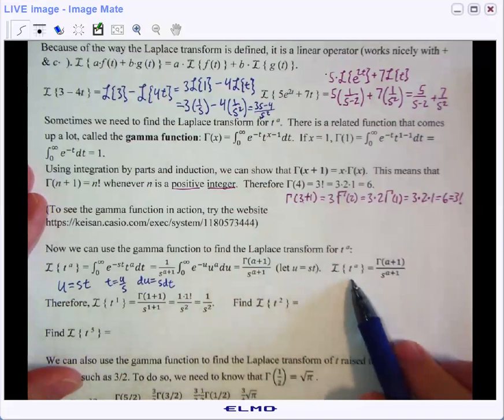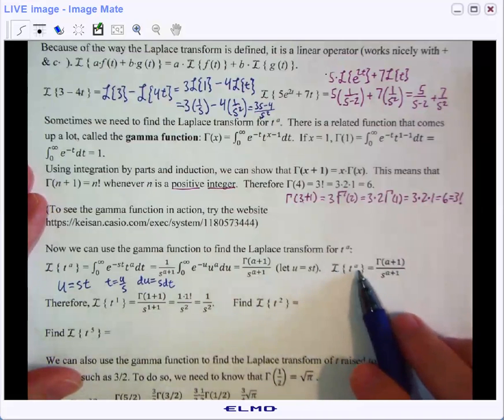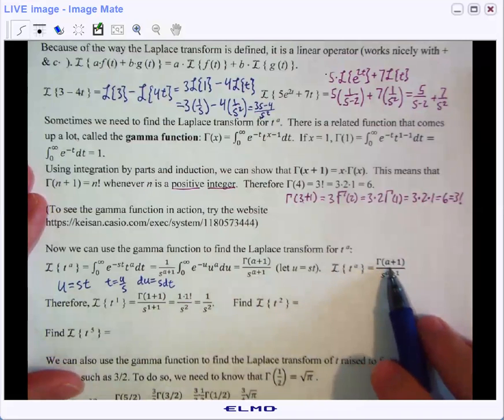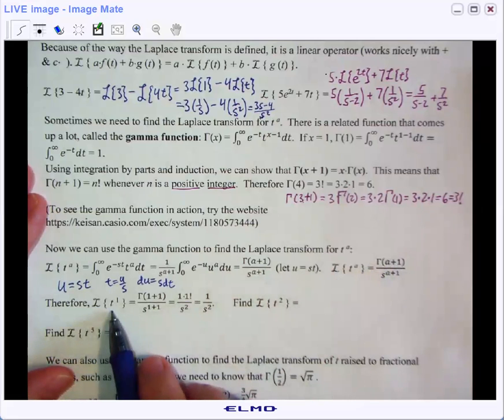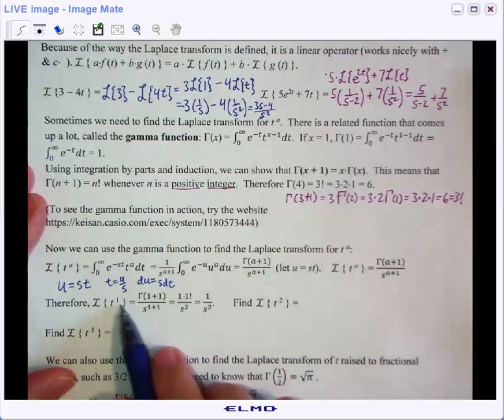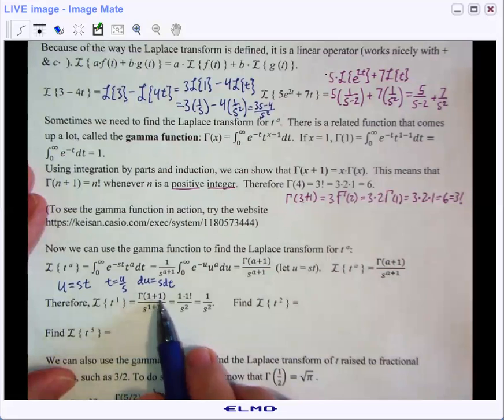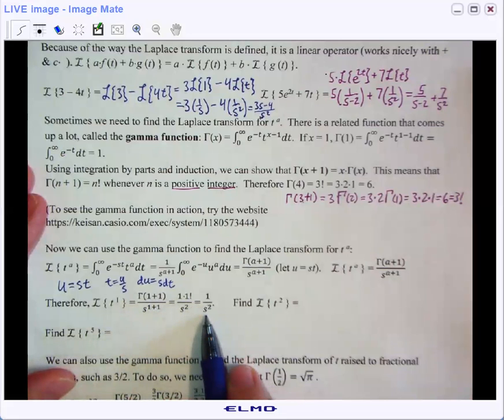So combining them all together, the real meat of this story is that the Laplace transform for t to the a is gamma of a plus 1 over s to the a plus 1. Now, if a is a positive integer, this is really nice. For example, the Laplace transform for t to the first power, notice how a here is 1. So gamma of 1 plus 1, which is 1 factorial, is 1, over s squared. And so we would get 1 over s squared, like we saw on the first page with our definition of